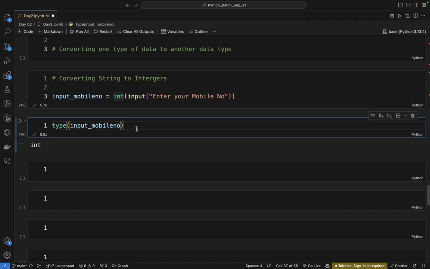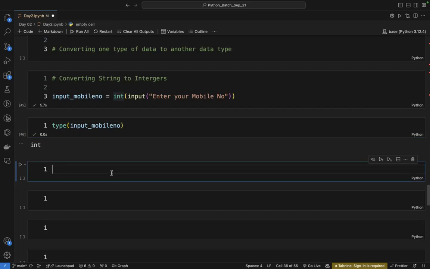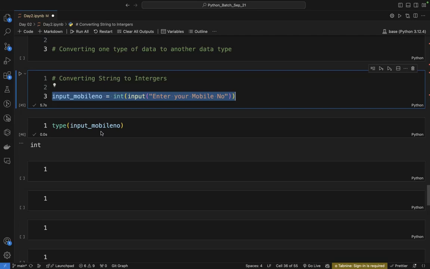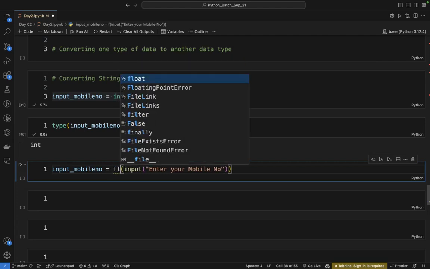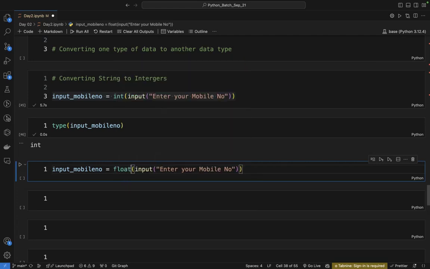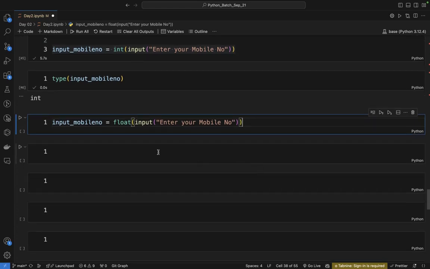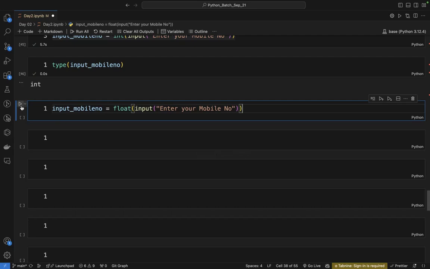इसको हम लोग कहते हैं टाइप कास्टिंग। ये मैंने यहां पे क्या किया, कन्वर्टिंग स्ट्रिंग टू इंटीजर, स्ट्रिंग को इंटीजर्स में कन्वर्ट किया। अभी मैं स्ट्रिंग को फ्लोट में भी कन्वर्ट कर सकता हूं। अगर मैं इसी चीज को फ्लोट में कन्वर्ट करता हूं तो मुझे क्या करना पड़ेगा, यहां इंट को हटा के FLOAT फ्लोट लगाना होगा। अगर मैं इसको फ्लोट लिख दूं तो ये फ्लोटिंग पॉइंट वैल्यू में कन्वर्ट कर लेगा।